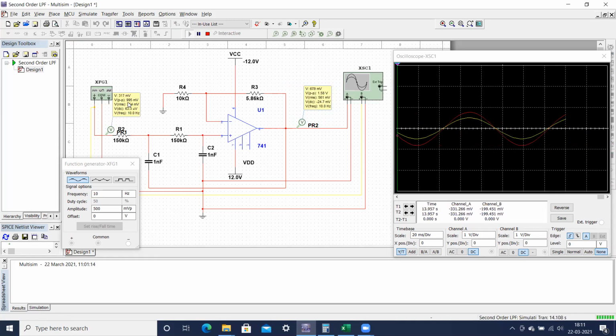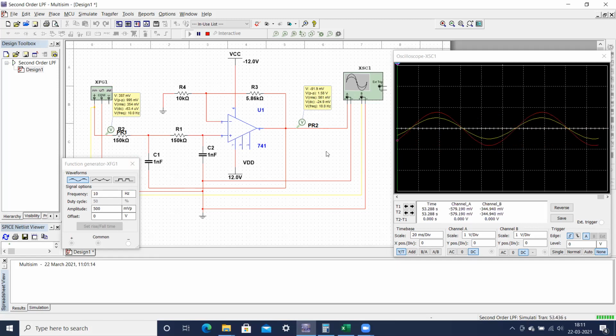Maybe a little error is showing over here, but it is almost 1 volt that we are giving as the peak to peak value. Now here you can see the peak to peak output voltage, this voltage we are interested in. This voltage is 1.58. Here I have kept the frequency equal to 10 hertz, and our V input peak to peak value is 0.995. I will keep it as 1 volt, because I have set it as 1 volt, and this voltage we are not going to vary. It will remain constant. And here I am going to note down this value, 1.58.